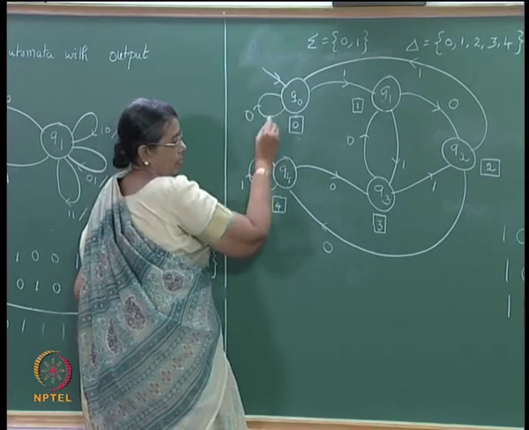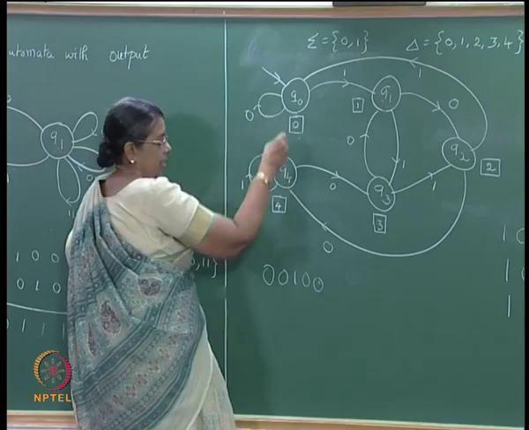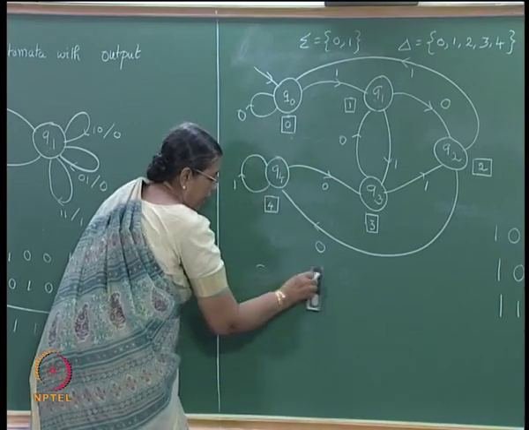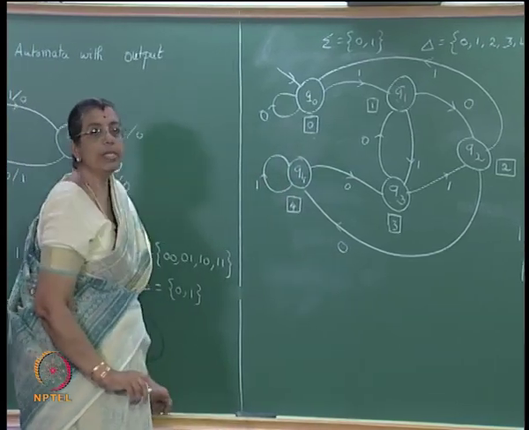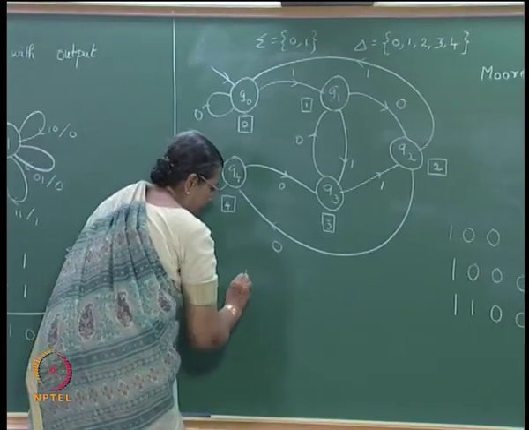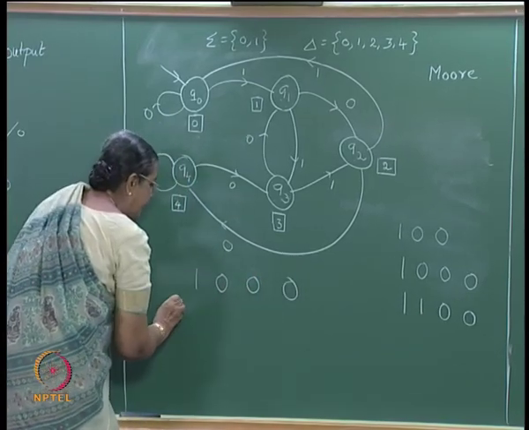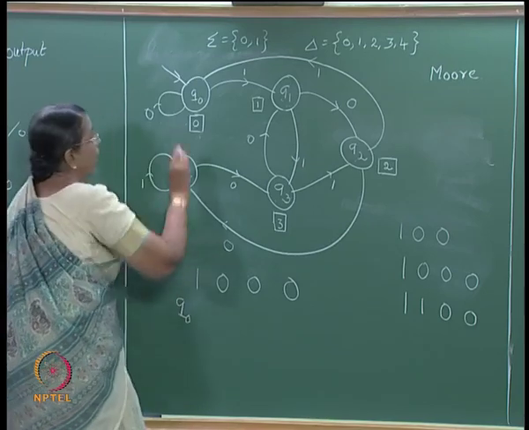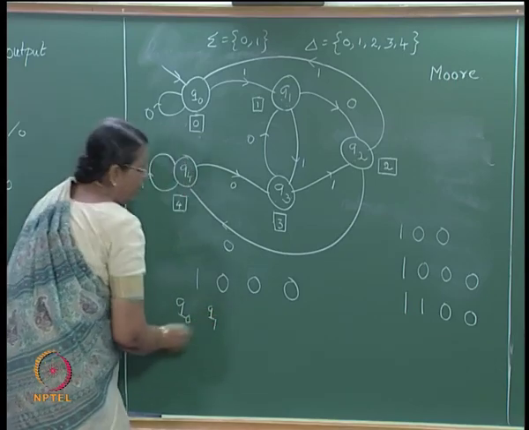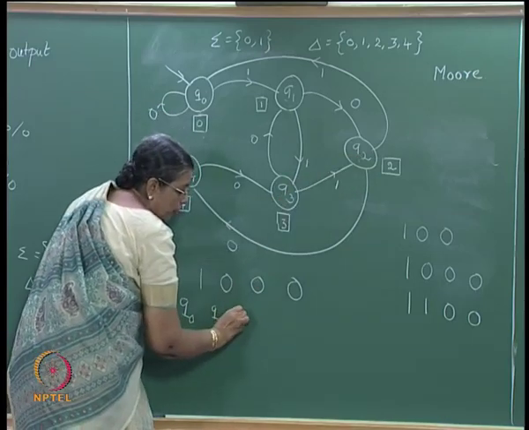Leading zeros are allowed. So, I am also allowing numbers like 0, 0, 1, 0, 0. This sort of a string is also allowed. So, I should forget about the leading zeros. You must remember that at each instance there is an output. For example, if I take 8, initially it starts in state Q0. After reading a 1, it goes to Q1. After reading another 0, it goes to Q2.